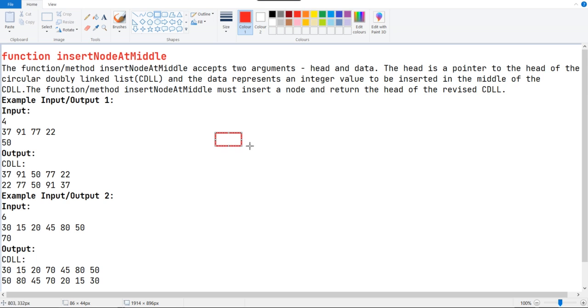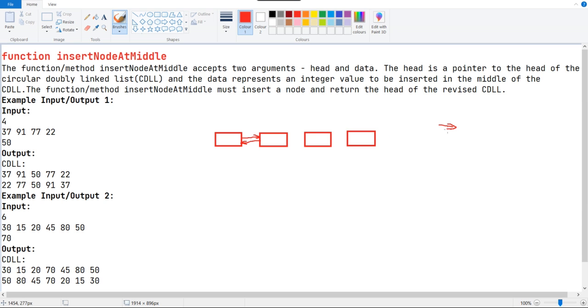One node, two node, three node, four node. Since this is a doubly linked list, it has a connection on this side and also this side.